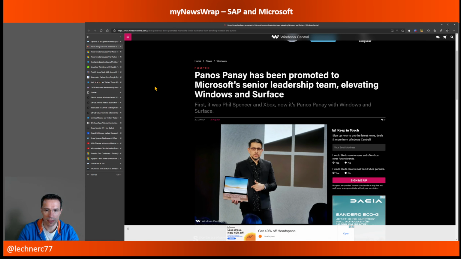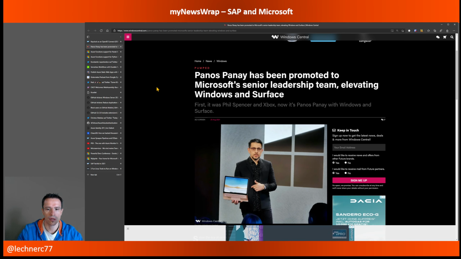That's really interesting, because this might give all the things that come along with Windows and with Surface new and further traction, and might move forward the renewing of Windows, bringing, for example, Android apps to Windows. That's really cool to see. I'm happy to see that, but also happy to see a lot more presentations by Panos, because I personally really like his style of presenting stuff.